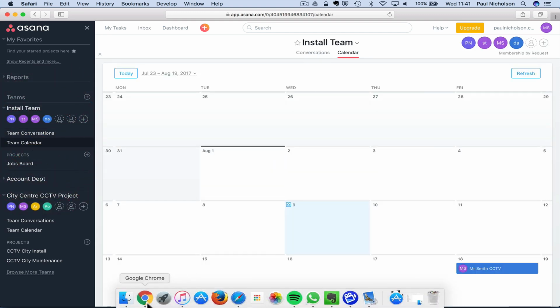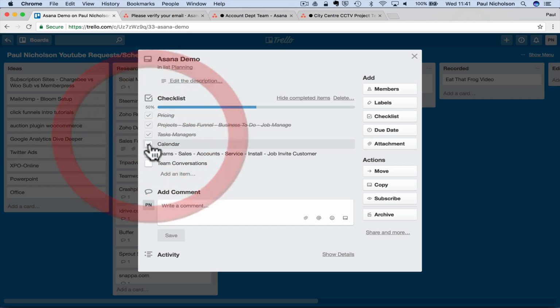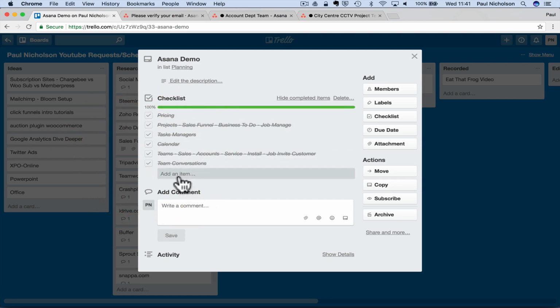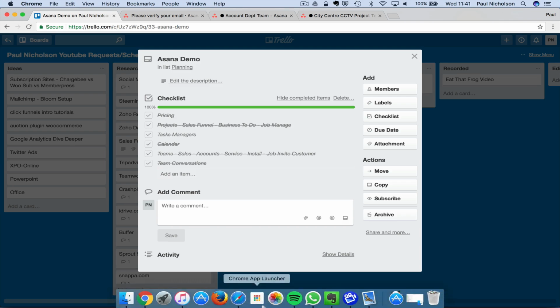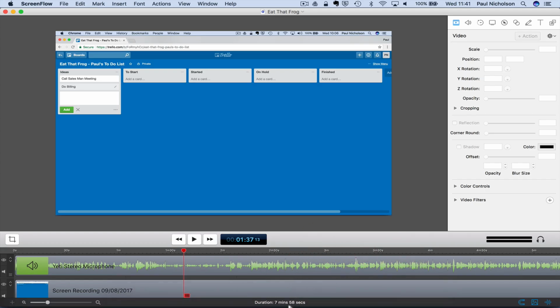Now, the irony of this is I've got a Trello board with what I've done. So I've told you about pricing. I've told you about project funnels, task managers I've done, calendars I've done, teams, invite customers, and team conversations. So I did everything that you've said that I was going to. What I'm going to do is finish off by showing you what the